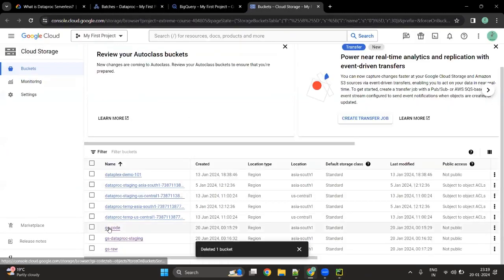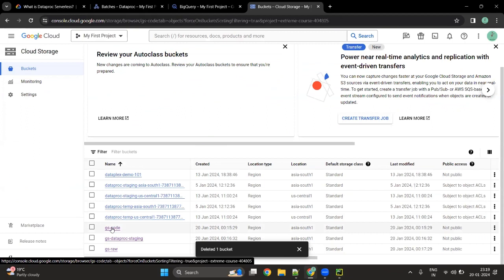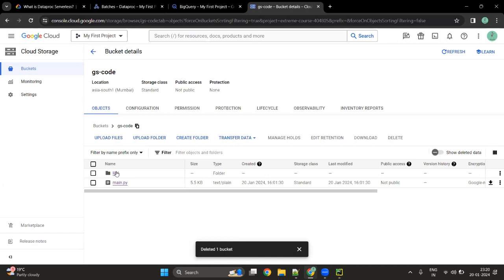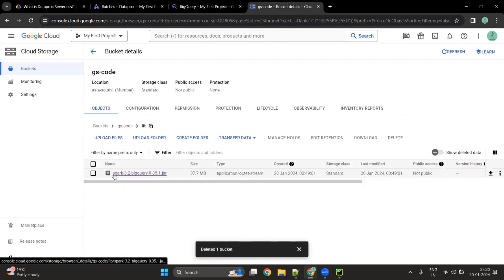So there is a bucket called GS code. I am going to keep all the code in this particular bucket. If you see, I have already uploaded the main.py, which contains the code for running the Spark job. There is a lib folder as well. So if you want to connect to BigQuery using Dataproc, you have to provide a connector. Dataproc Serverless expects that all the connectors are available in GCS,